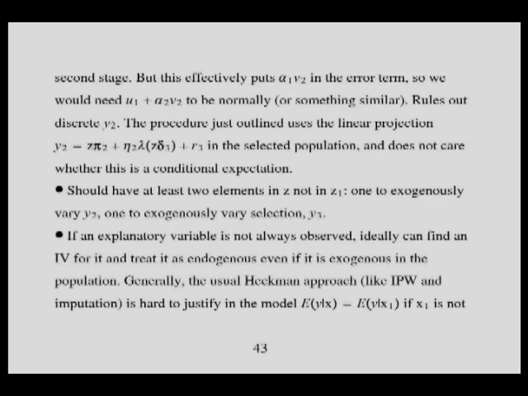And the reason is because if you don't, then in the first stage of your Heckman procedure, you have to leave y2 out, right? It's exogenous, so you would like to put it in because you think it could probably help predict selecting into the sample. But practically, you can't do that. And so therefore, to implement the Heckman procedure as is normally stated, where you assume you have exogenous things,